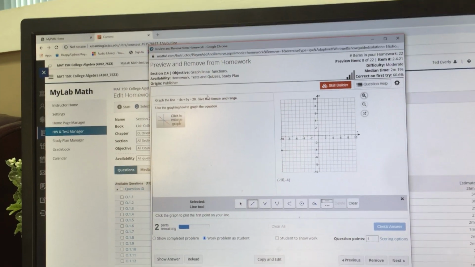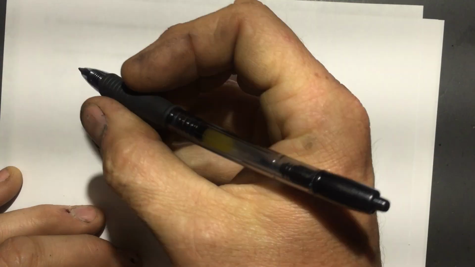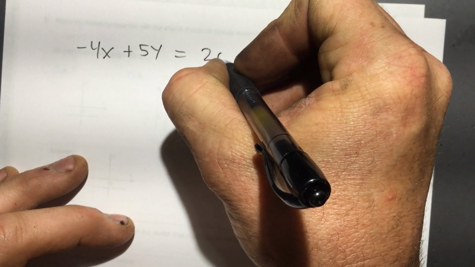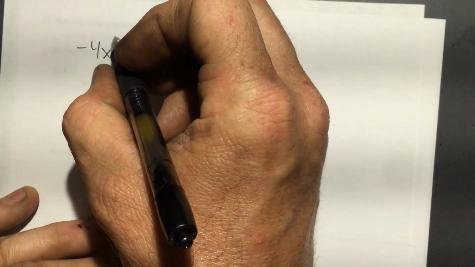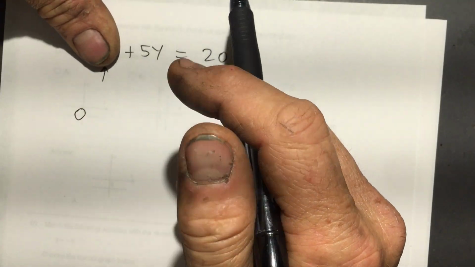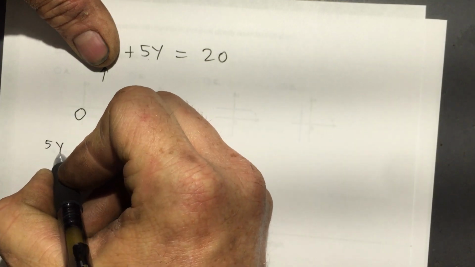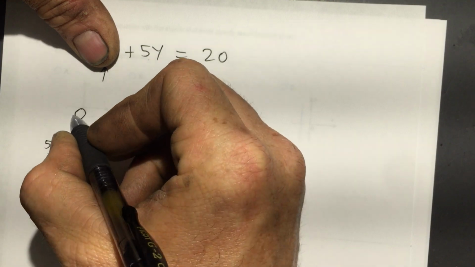Maybe I should just move my camera back. We'll do this on paper so you can see what I'm talking about. Okay. Let me get a piece of paper here. I'll write it out here. So negative 4x plus 5y equals 20. All right, if I put 0 for x right there, this is going to go away. So that means 5y equals 20, which means I would divide by 5. Y would have to be 4. So 0, 4